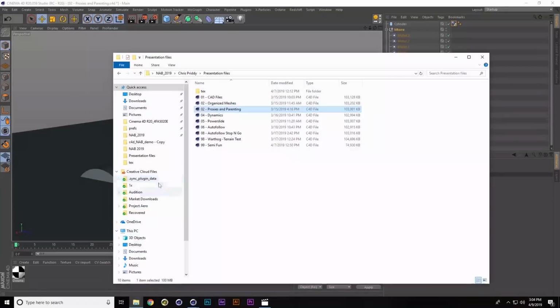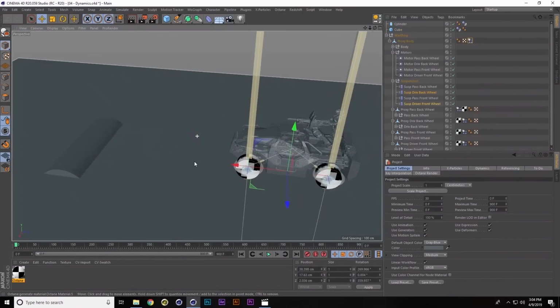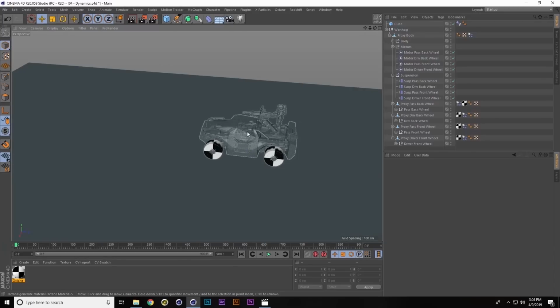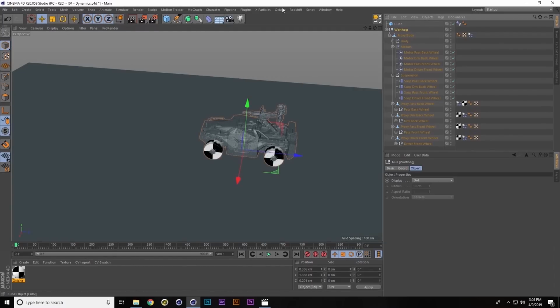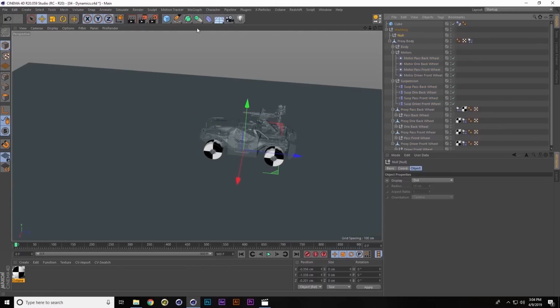All right, so let's load up our dynamics. So this is where I've already done this. All right, so we're going to delete this guy out. Okay, so user data. Basically, we are going to create. I'm going to hold Shift on my keyboard and then click null. What that's going to do is make anything that I have selected, anything that I click, become a child. If you hold Alt, anything you create becomes a parent of your selection. If you hold Shift, it becomes a child. And we're going to name this